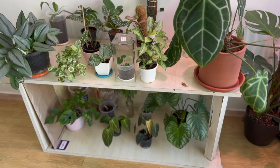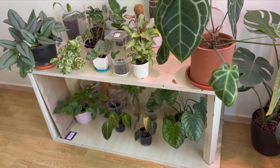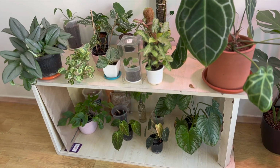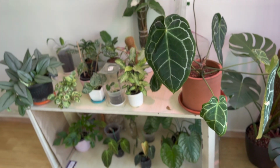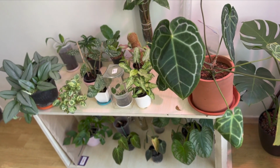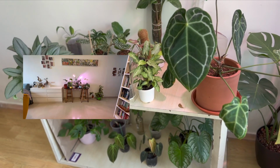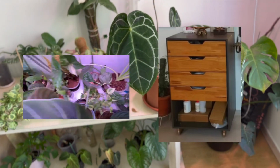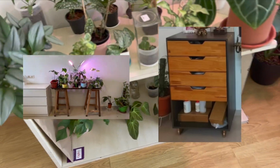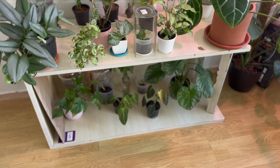So this is the makeshift arrangement I was talking about. In the past, I did have a better setup where I had a different type of shelf or sort of a chest of drawers on which I would keep all my plants, and I would have my grow lights installed for them in the living room. Over time, I made another one. I'm going to try and insert a picture of that here, which was again a makeshift tabletop of sorts to keep my plants. And right now I'm actually using this old guitar stand. It's a vertical stand, supposed to be vertical, but I've kept it horizontally,